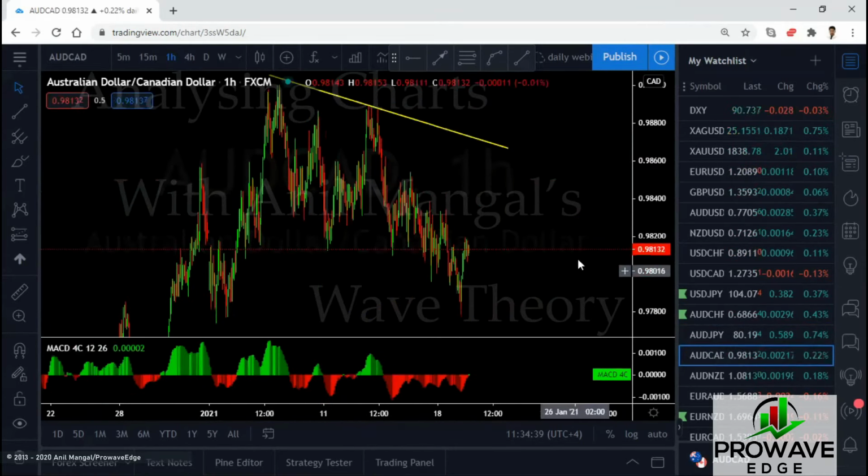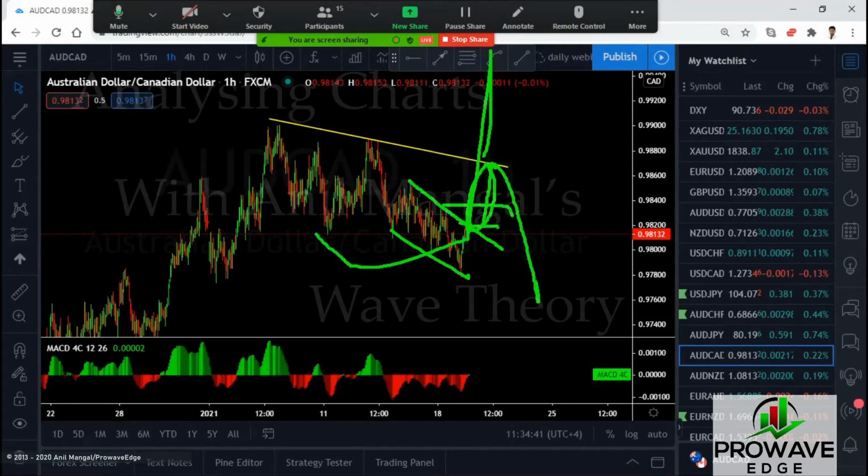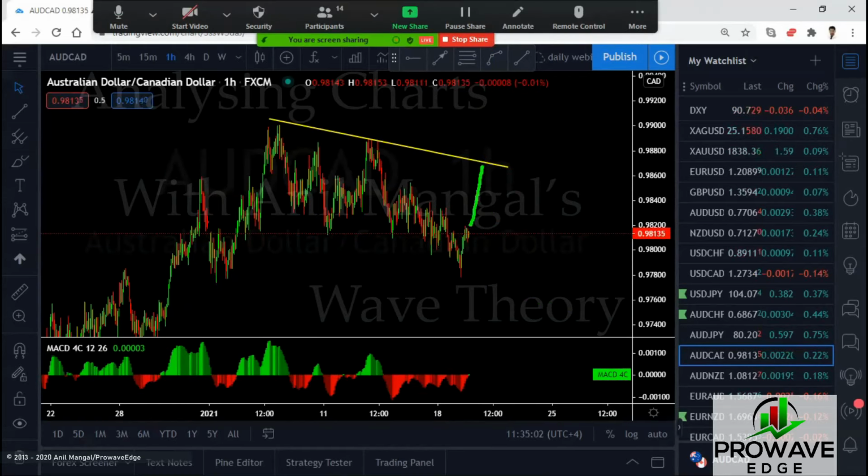Aussie CAD, we will look for the buy on the break. You're actually getting a setup here for a buy on the break of this structure. So what you can do is take it above the last impulse or take it above the flag if we get a flag there. Either was a good trade. It comes to this stop. You can move your stop or take profit because they can go back down or they can break out, depending on how big this consolidation is going to be. This could either come here and then go back down here, or break out and go. So you have a choice. If it starts to consolidate here, take profit. If it breaks out, stay with it.